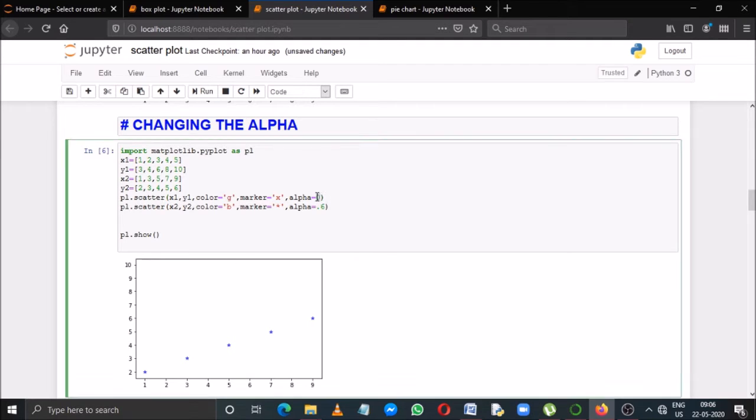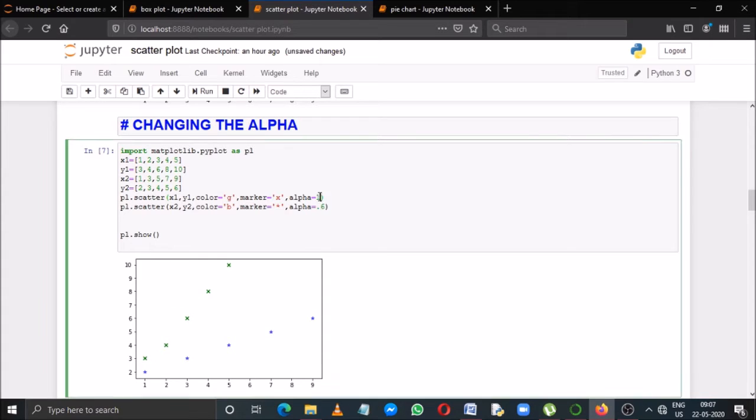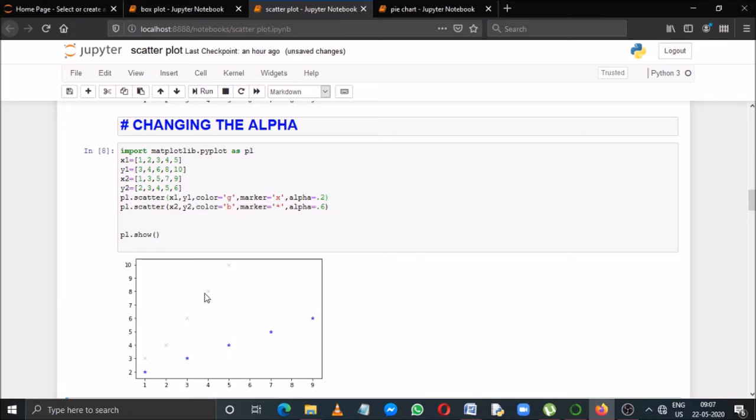And 1 means maximum brightness, that is, the markers will appear. Now if you pass any value between 0 and 1, the brightness will change accordingly. Suppose I make it 0.2, then see, the markers will appear but with very low brightness.